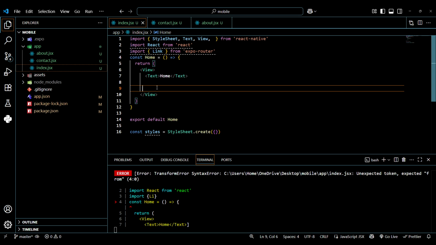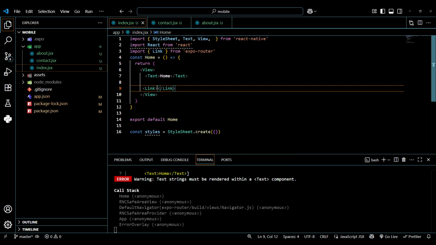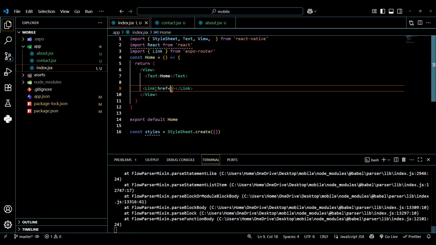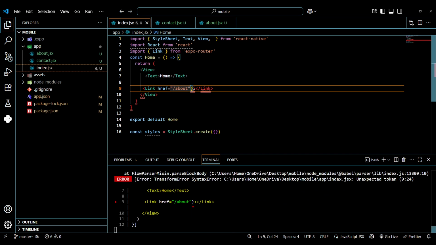So utakuja huku type link now that we have imported, and then kwa kawaida just type that one, na utaiona hii imekupatia specifically, then type about. Let's remove that. So and then just put here about page,